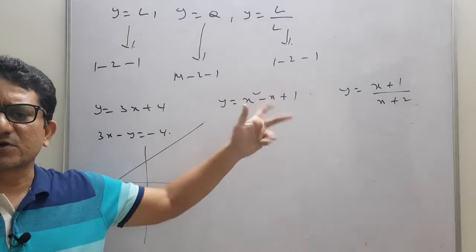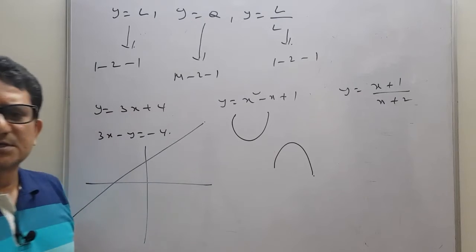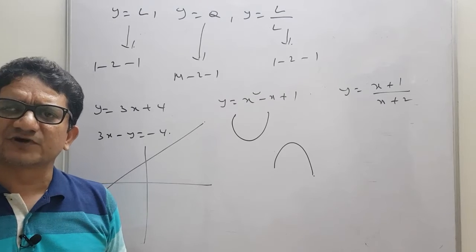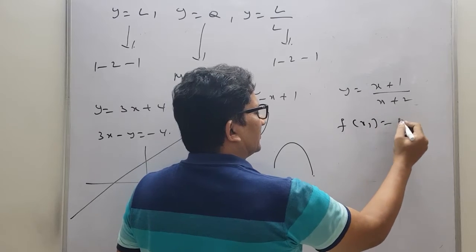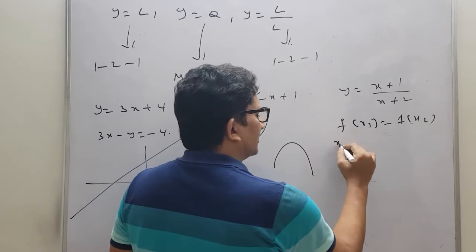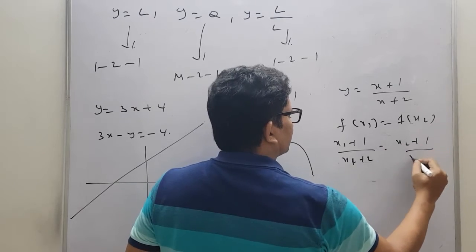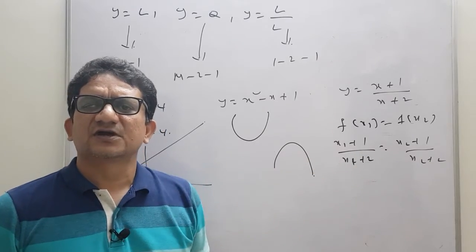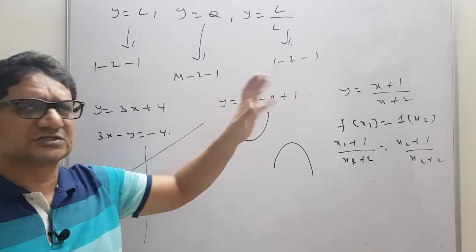And quadratic. Quadratic is always a parabola, either open upward or open downward. So now this is increasing as well as decreasing. So in this case, we will always get a many to 1 function only. Next is x plus 1 by x plus 2. At board level we applied so many questions. We can apply f of x1 equals to f of x2. If we apply that, we get x1 plus 1 by x1 plus 2 equals to x2 plus 1 by x2 plus 2. On simplifying this one, we will always get x1 equals to x2. That means every time instead of solving, especially in CET level questions, this is easy to solve.